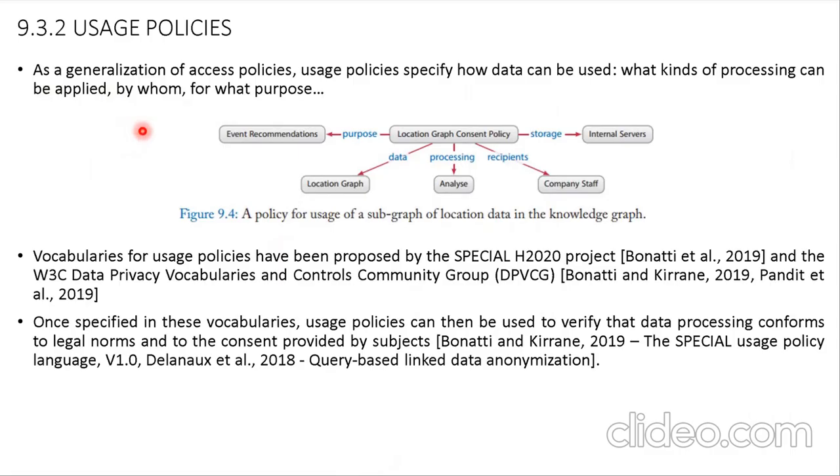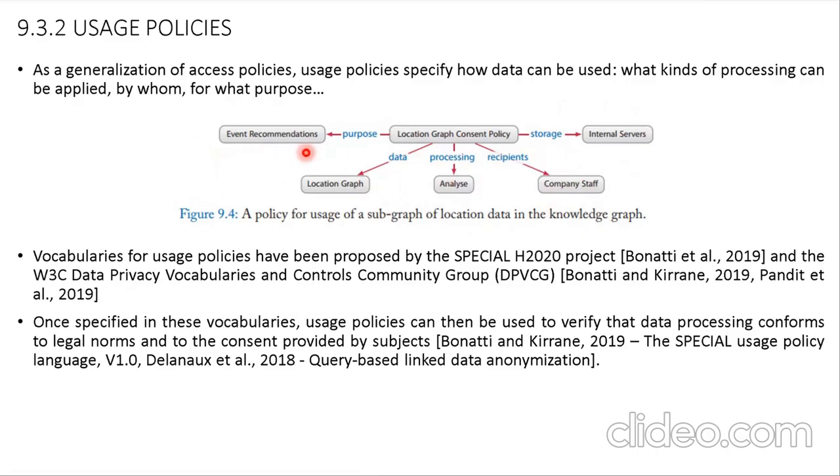As a generalization of access policy, usage policies specify how data can be used: for example, what kind of processing can be applied, and applied by whom, for what purpose. The example of the usage policy presented in this figure 9.4 states that the process that analyzes the location graph can be performed on an internal server by the members of the company staff in order to provide